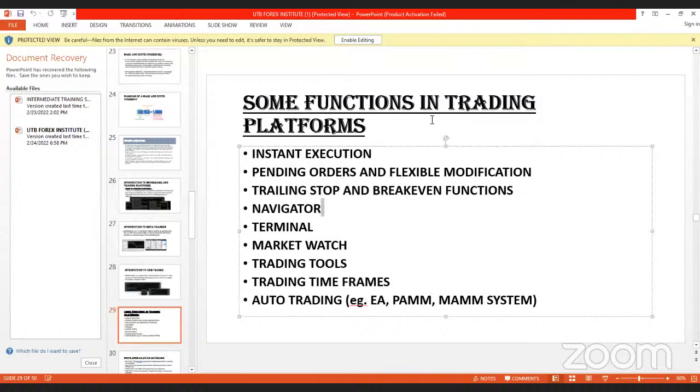So this page, we're supposed to use the chart to describe this. But before we come to this page, I'm supposed to show you how to open an account. I believe the first day we did this, it was shown to us. But let me just go back to it, how to open an account. So the essence is so that you can open your demo account.